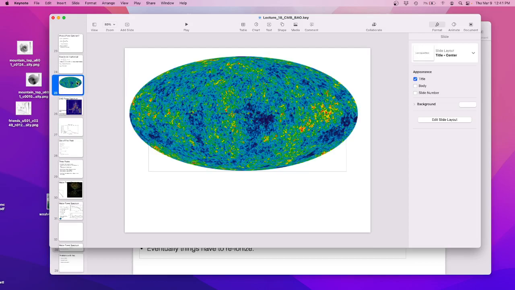And you can kind of see it by eye. This thing is a typical fluctuation. And you can see I've got fluctuations that are about that big. I've got this little guy here, this little guy here, this little guy here. All of these that are about that big make up the bulk of the signal. Little fluctuations that are about a degree across. This tells us the size of the universe.